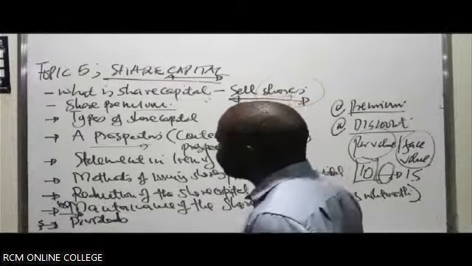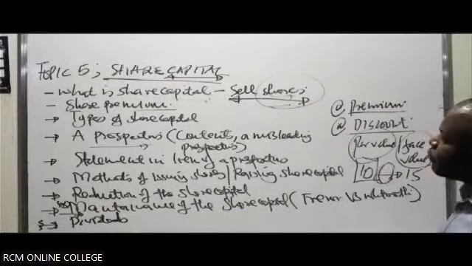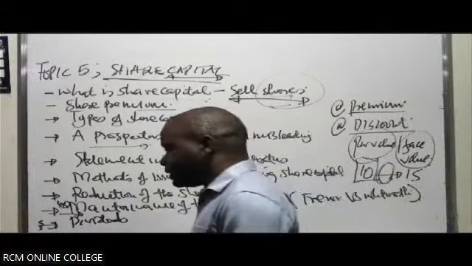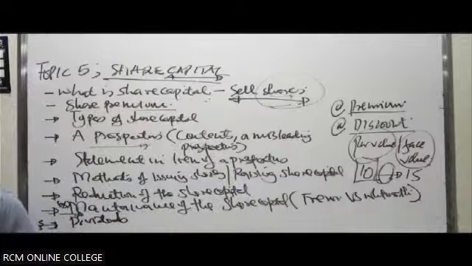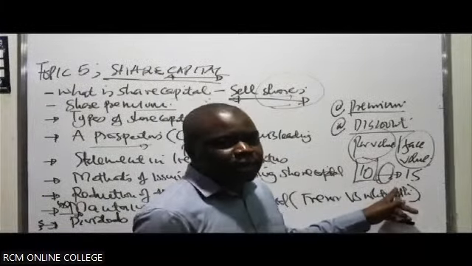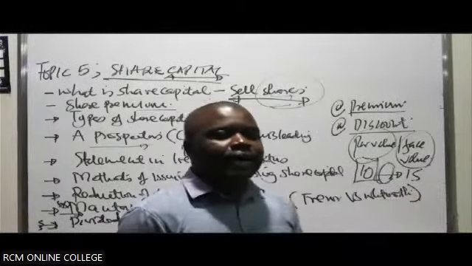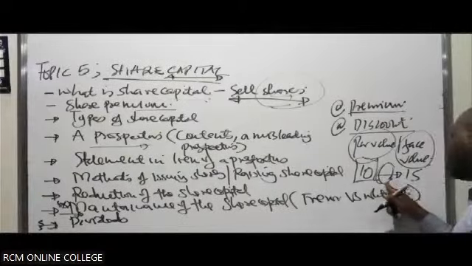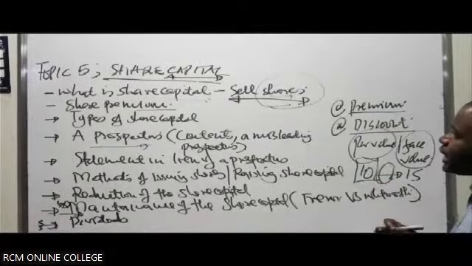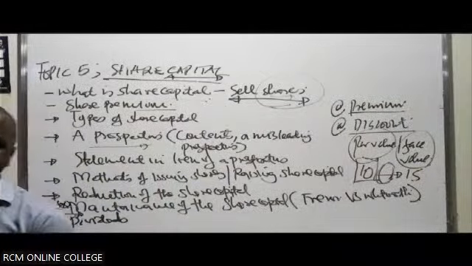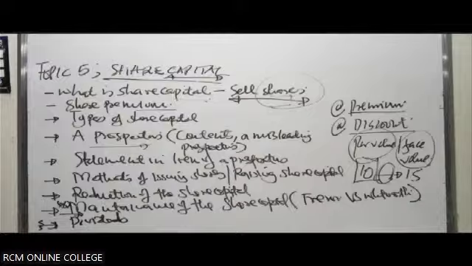I know you can even educate me or inform me that the share premium will appear as one of the equity items in the statement of financial position. This is how it arises. These were simply amounts which were gotten over and above the par value, and therefore they keep them in a very separate account. The statute, the Companies Act, requires that these amounts gotten over and above the par value shouldn't be part and parcel of the share capital. They should be kept in a very separate account, which we refer to as what?